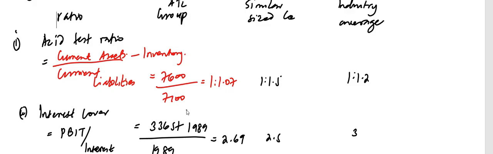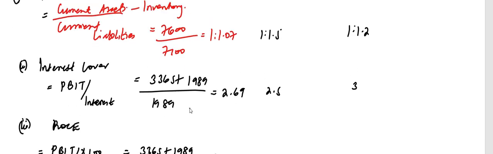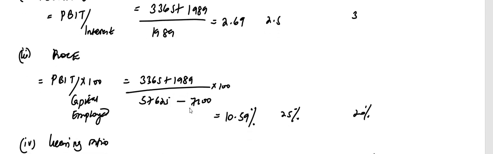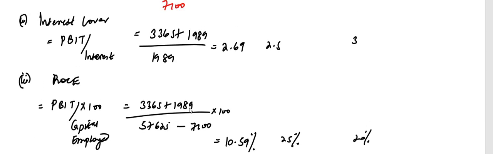So this could involve strict credit control to collect receivables faster, or even negotiating better payment terms with the suppliers. So the acid test ratio, it's not good for sure when you compare it with a similar size and then the industry average. Interest cover, when it comes to the interest cover,